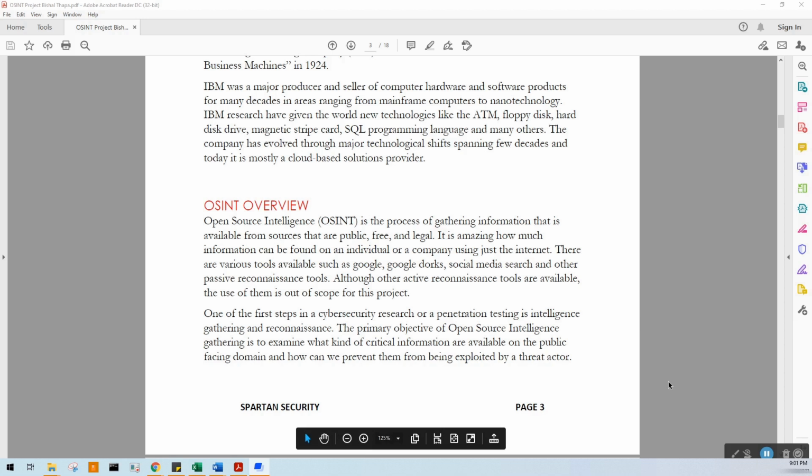OSINT is also considered a primary step in ethical hacking or penetration testing. It helps someone to design an attack later. The information gathered from open source intelligence can be used to create an attack surface and later on identify and attack possible targets. Let me demonstrate to you